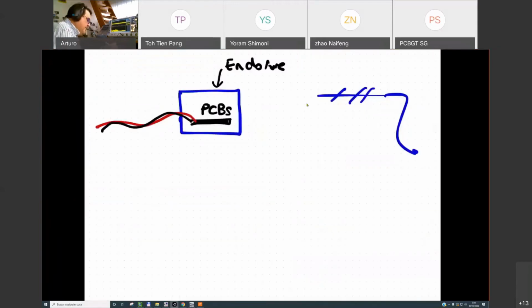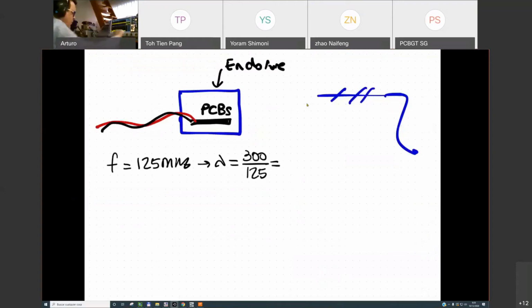Okay, so what is the frequency where, for example, I am failing? I am failing at 125 megahertz. How much is lambda? It is 300 over the frequency in megahertz. Let me make a good calculation, 300 over 125 is 2.4 meters. So what is the size of lambda? When I say that length must be comparable to lambda to have problems,